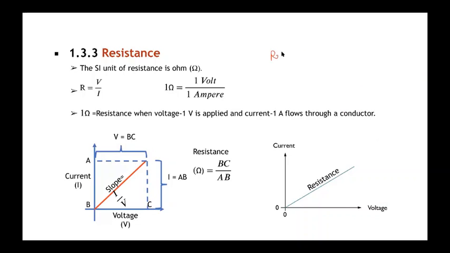So we have seen that there is a relationship between your potential difference and current. And what is that relationship? This relationship is linear. Okay, what do you mean by linear? What do we mean by linear? Can you say in terms of mathematics?